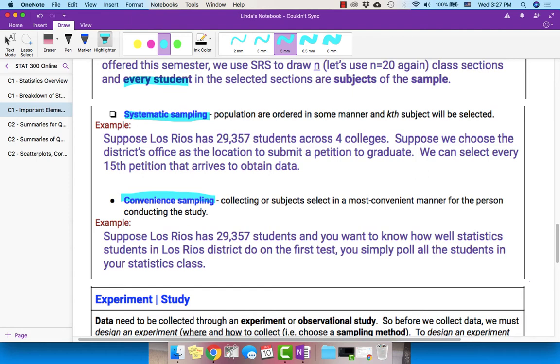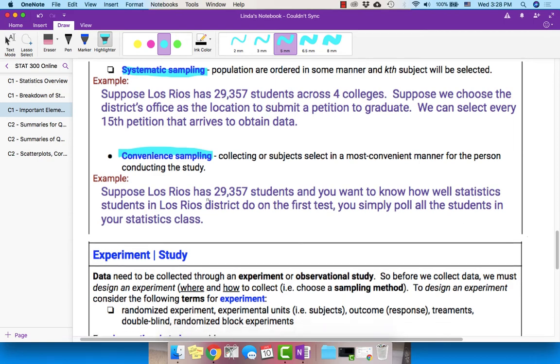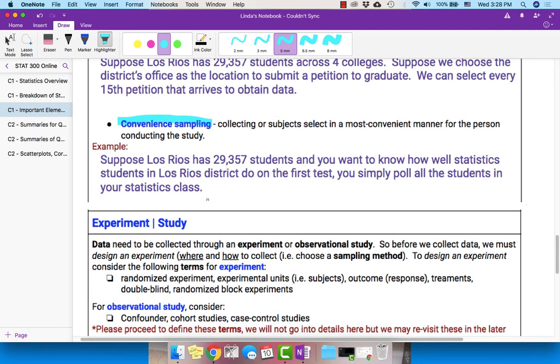Asking students who pass by, posting a question online or on Twitter, etc. The example for this sampling method: suppose Los Rios had 29,357 students, and you want to know how well statistics students in Los Rios district do on the first test. You simply poll all the students in your statistics class. The thing is, the students in your class may not well represent statistics students across all 4 colleges in the district, since each campus has its own unique, diverse student population.